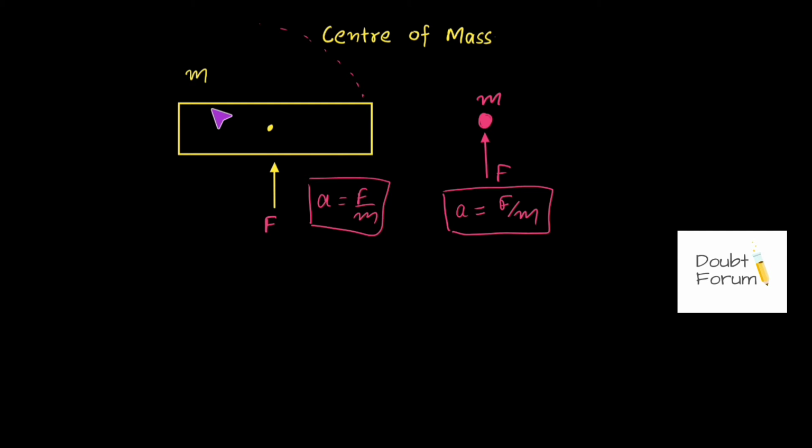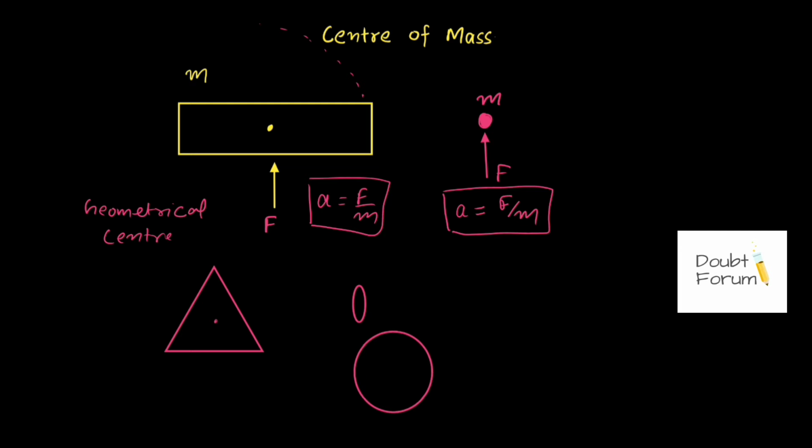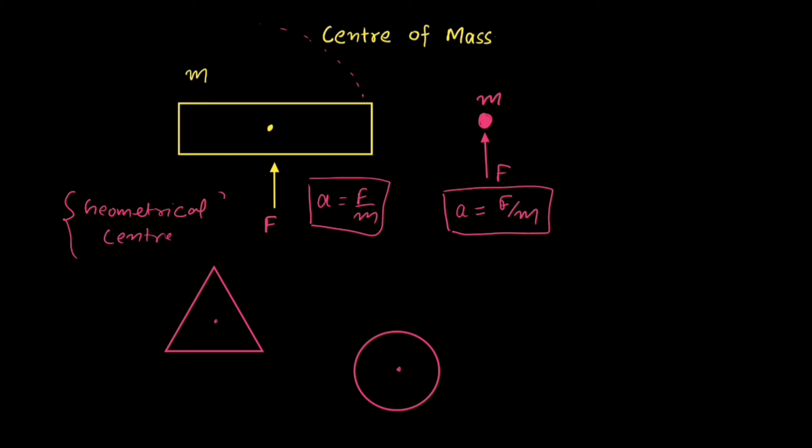So this is the one scenario where the density of that big object is uniform. If the density of these objects is uniform, then the center of mass would lie on the geometrical center. So the geometrical center of such a shape would be the center of mass of that object. If we take the example of a triangle and the density is uniform, then its centroid would be the center of mass. Similarly, if we consider a circle, and if the density of this circle is uniform, then the center of this circle would be its center of mass. So this is the one case when the density of these objects is uniform, then the geometrical center of such an object would be the center of mass.